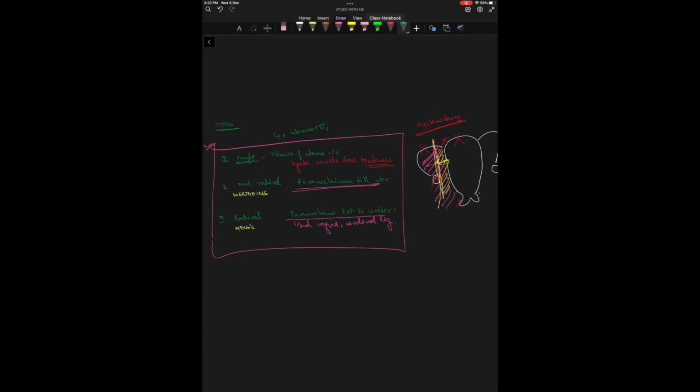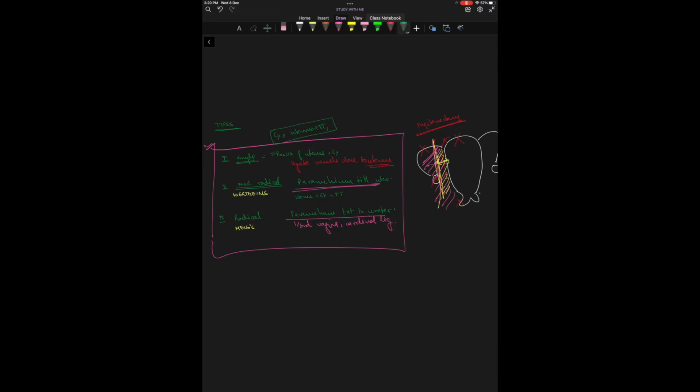Two is modified radical. This is also known as Wertheim's hysterectomy. Here what is removed? Parametrium till the ureter. Okay. Apart from that, what other structures are removed in hysterectomy are cervix, right? Uterus, fallopian tube, and